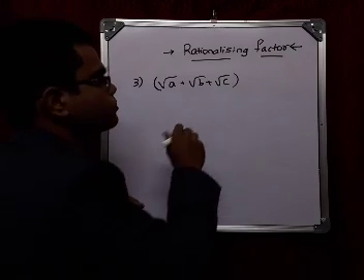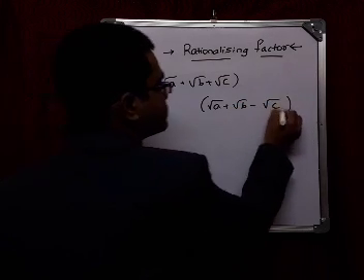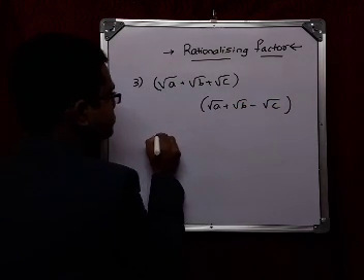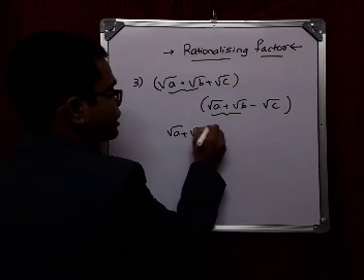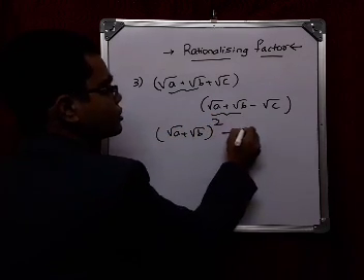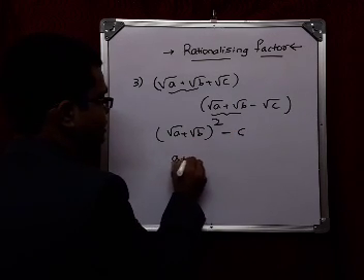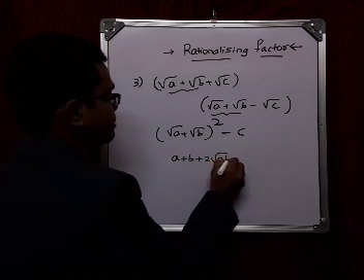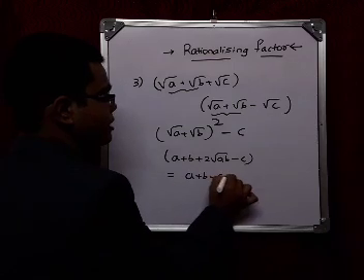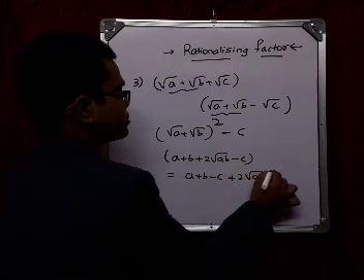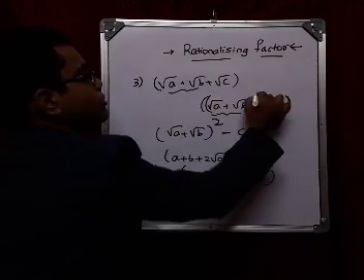Okay, first step, try to multiply with root a plus root b minus root c. Then what are we going to get? We are going to get root a plus root b whole square minus root c whole square, which is c. If we do the squaring, you will be getting a plus b plus 2 root ab minus c. So finally we can write that as a plus b minus c plus 2 root ab. So this is the surd which we get after multiplication with root a plus root b minus root c.